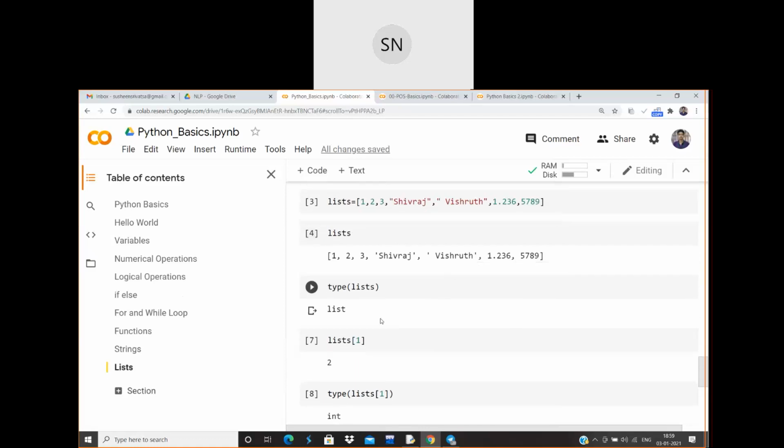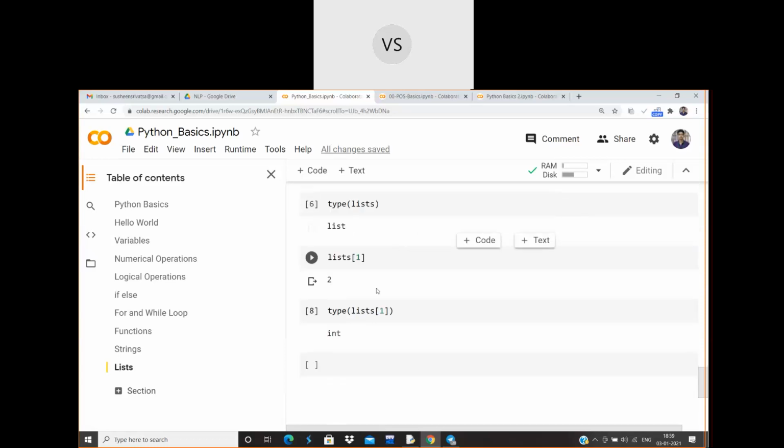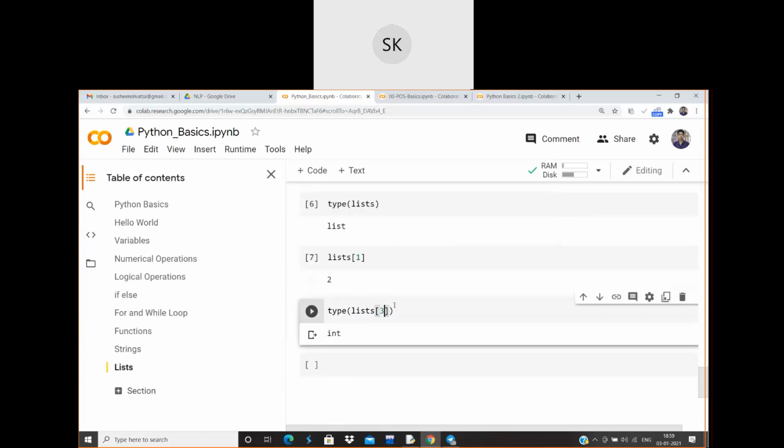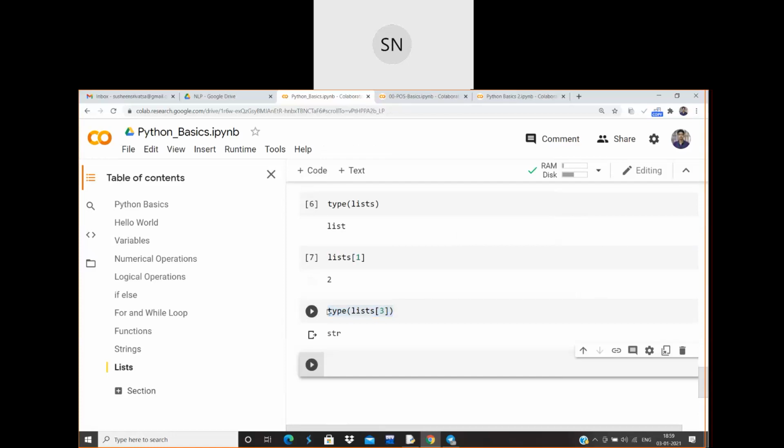Okay. So what is the type of Shivraj over here? String. Yes, okay, string. What is the index of that? 3. 0, 1, 2, 3. Okay. Let me write 3. So the data type of Shivraj is string.